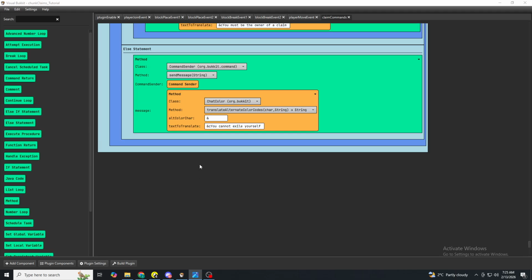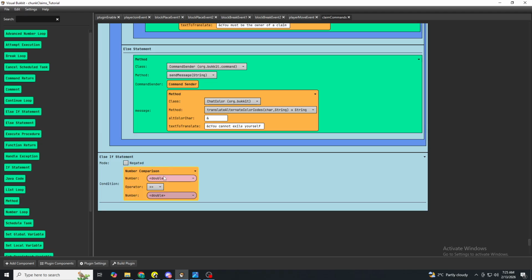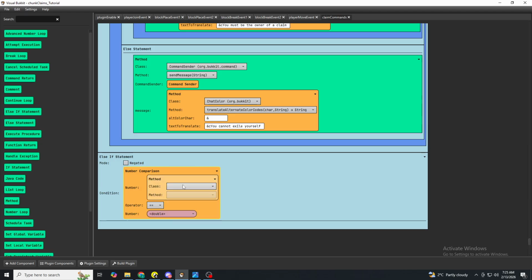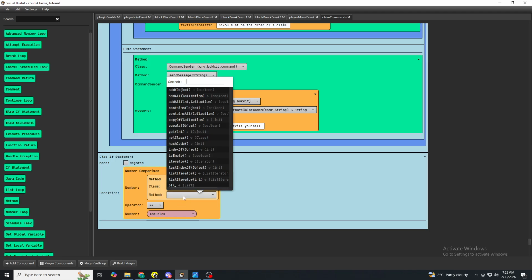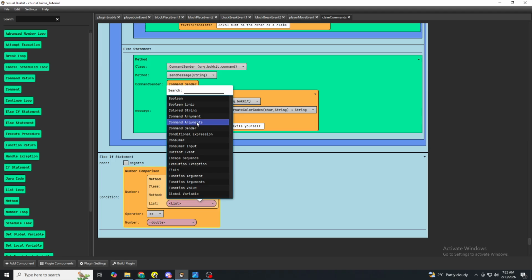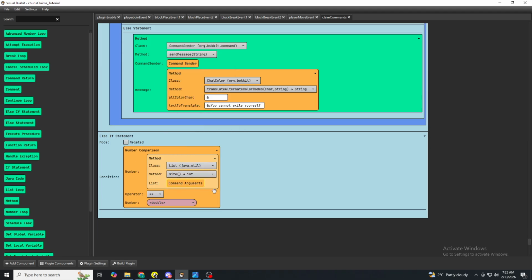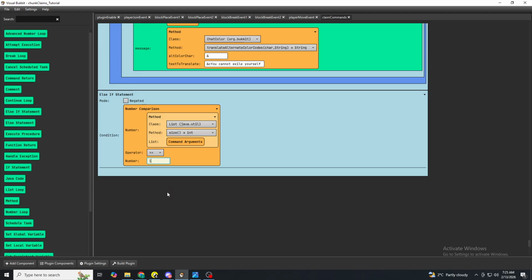So let's do an else if statement right at the very bottom. Do a number comparison. Insert a method here. And this will be java.util.List size, and size of the command arguments. So this is saying how many command arguments did the command sender use. And if they only used one argument, then we'll do some more code. So, if statement